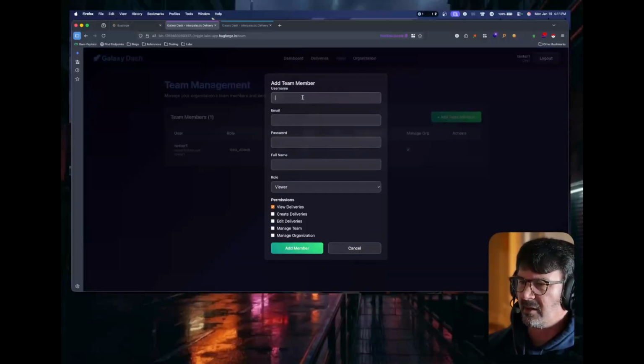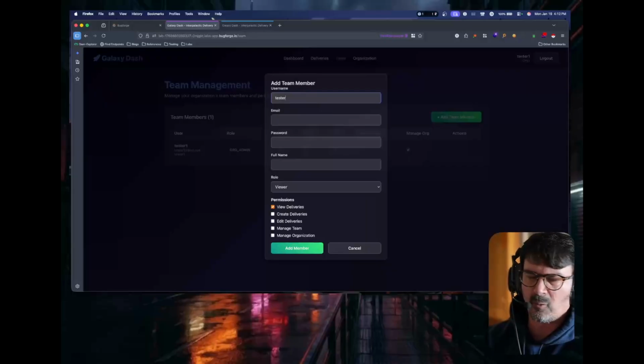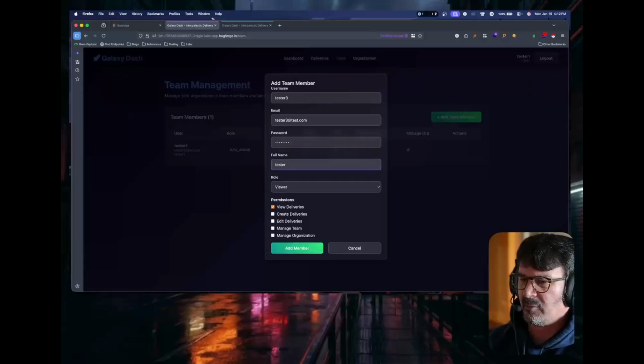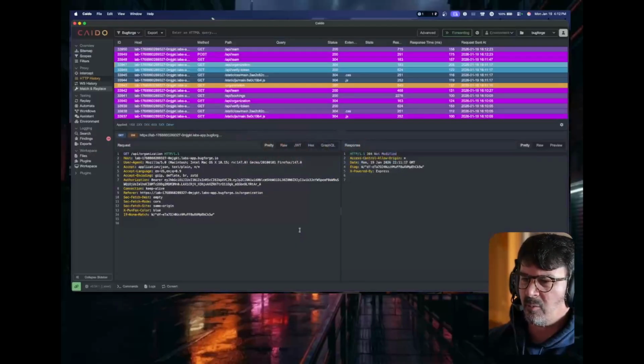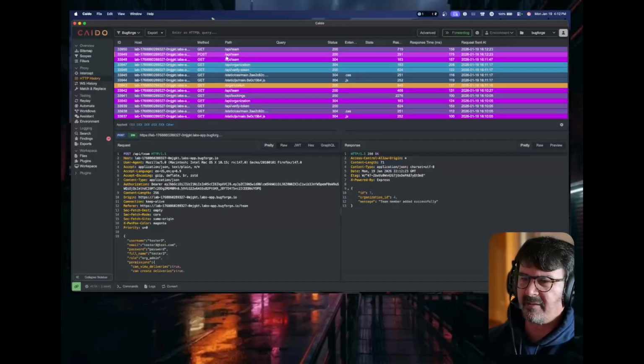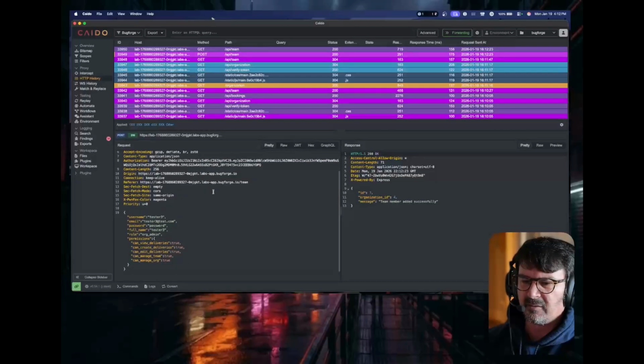So let's just create a team member and see what that looks like. I've already created two users, tester1 and tester2. Now I'm going to create tester3 at test.com, password tester3, and I'll just give tester3 everything and make it an organization admin. Add member. Now if we come over and look at the POST request to API team right here,